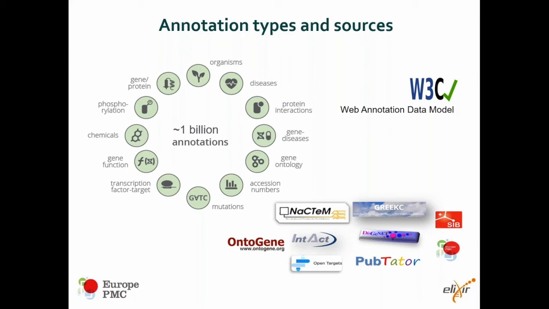And integrating this data is via the W3C recommended web annotation data model that allows us to mix and match text mining annotations coming from different sources. Currently, there are over 10 providers,